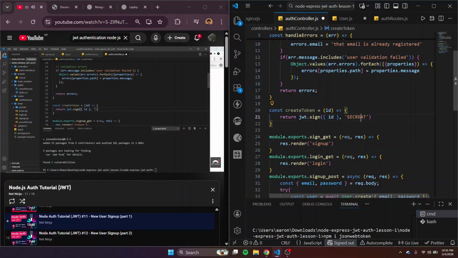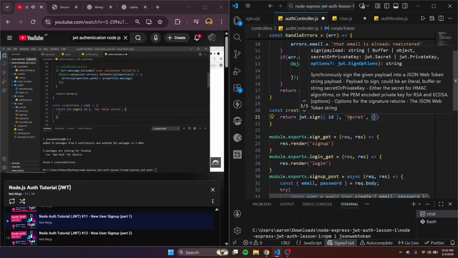Second argument is going to be a secret. This should be something that's secret to the application. You don't publish it anywhere on any kind of public repository, right? And it should be long instead of this short one that I'm going to do, because I'm just going to say netninja secret like so. But that is our string secret, and that's what our payload and headers are going to be hashed with to create this signature. So after that, we need to also pass a third argument, which is an options object, and